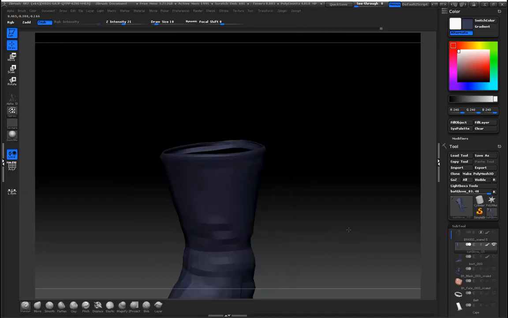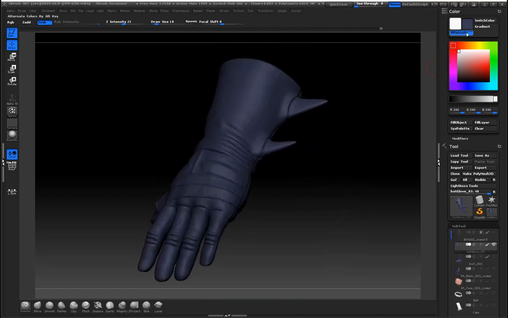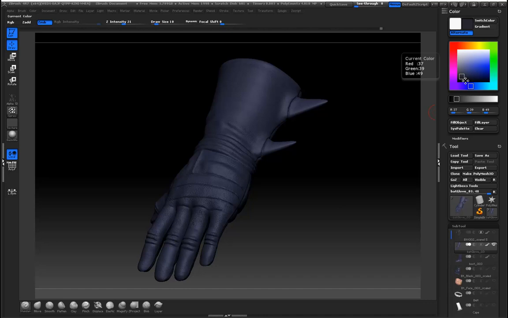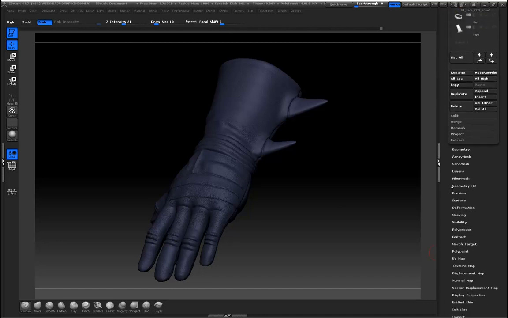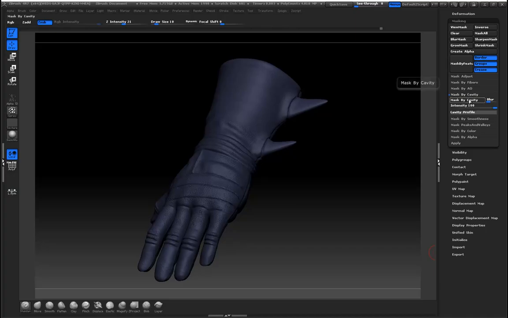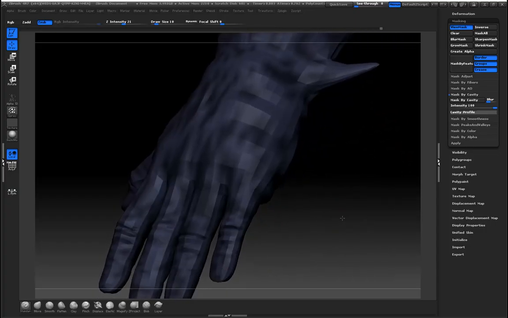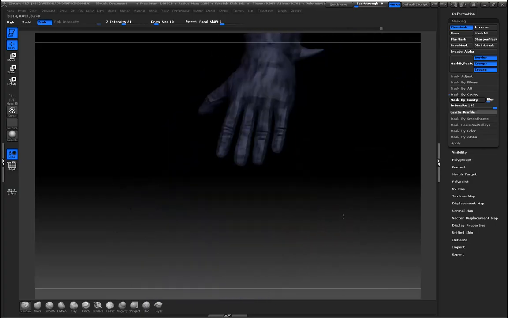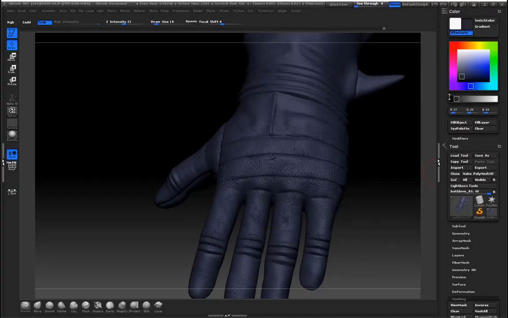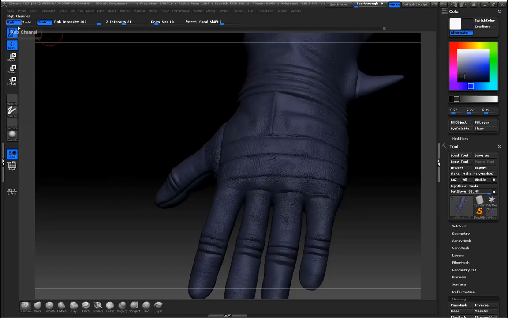So what I'm going to do is darken up this colour. Okay, so let's make that a lot darker, and we're going to go down to masking. Okay, and then mask by cavity, like so. Okay, so you can see where it's gone darker, and what I'm going to do is hide the mask, like so. Come back up to here, and then what we're going to do is go in and choose no alpha and go in with the freehand, turn off Z sub and put back on RGB, and we'll turn down the RGB intensity, and hopefully